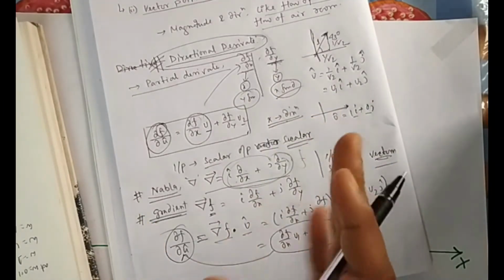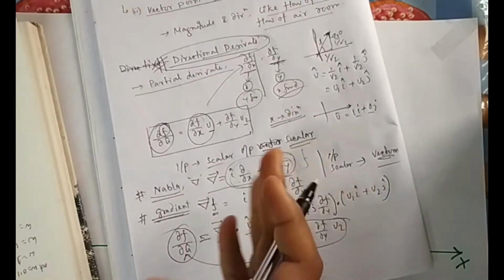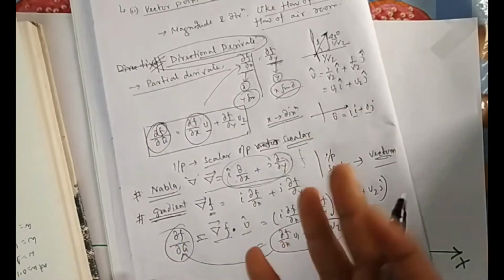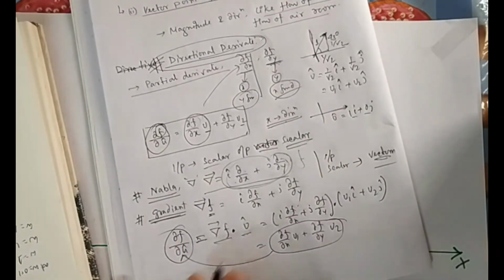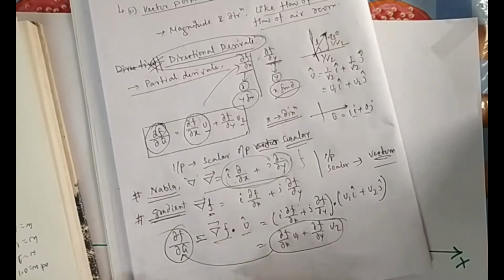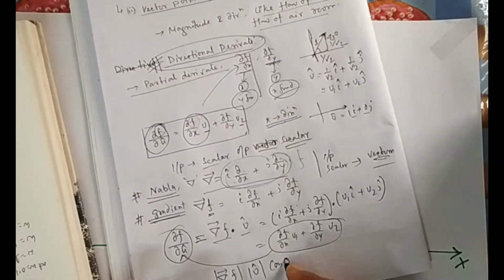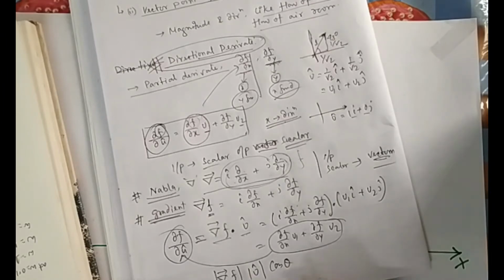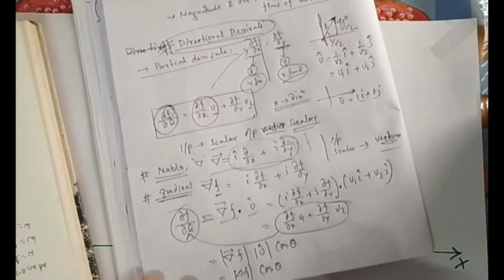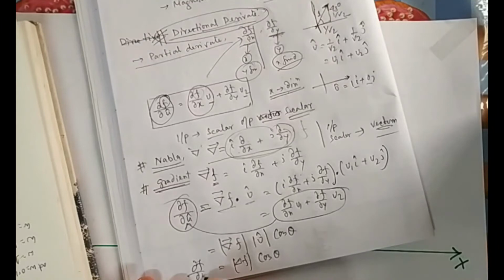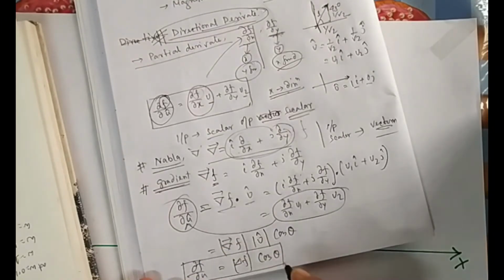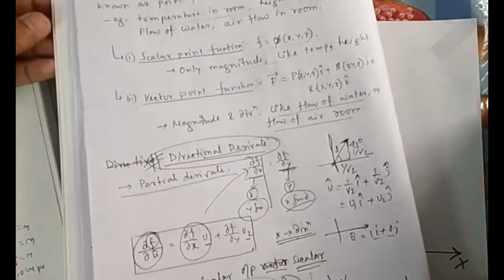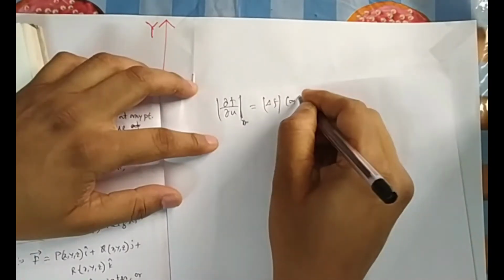This is the direction in which I want to see the change in the function output, the change in the temperature, the change in the height, whatever. Now if you see this dot product, we can write del f dot u. What do you know about the dot product? A dot b is magnitude of a, magnitude of b, cos theta. The magnitude of u cap is 1 because it is a unit vector. So your directional derivative stands at this. Now let us draw some conclusions from here.